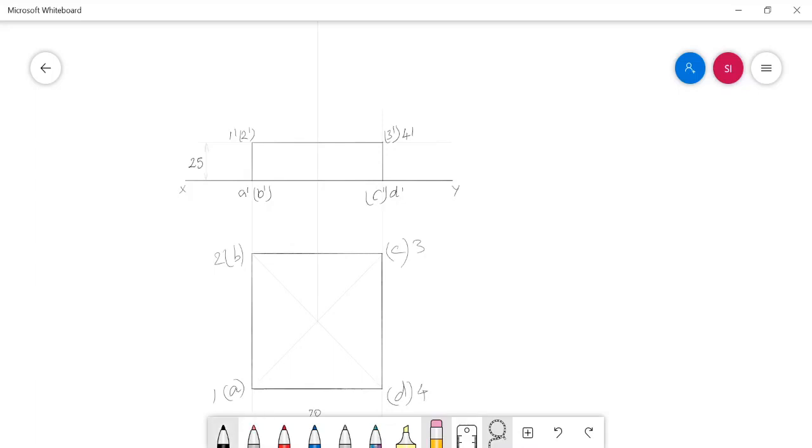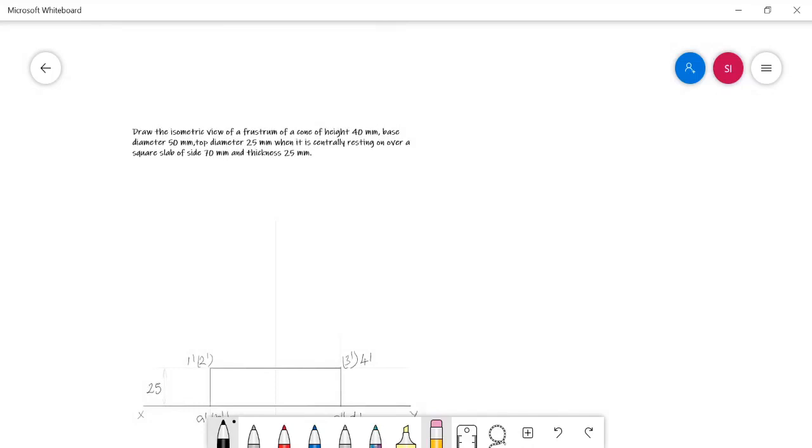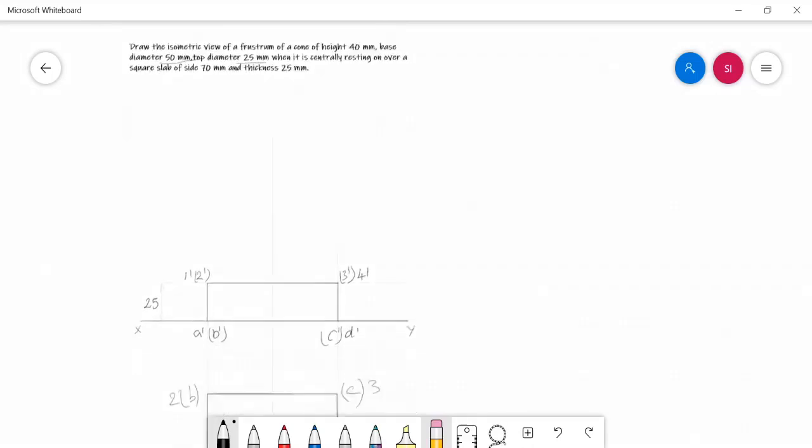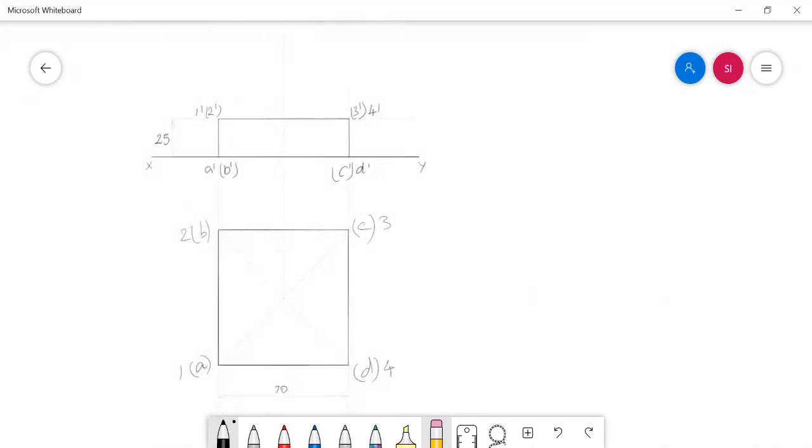For that, first I need to draw the base views, two circles of the frustum of the cone. The bottom circle with the diameter 50 mm and the top circle with the diameter 25 mm. Both are concentric and their center coincides with the axis center of the square slab in the top view.